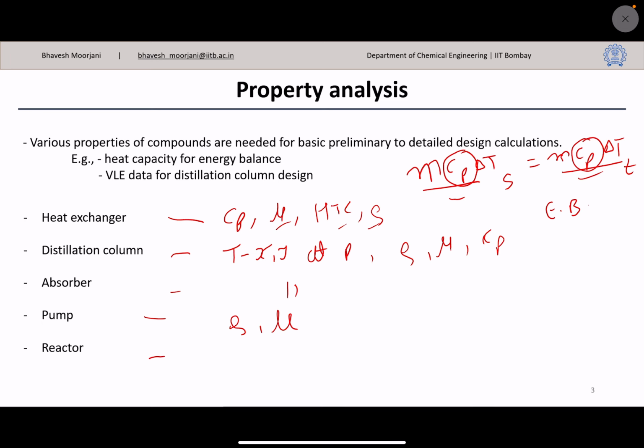In the reactor, if you want to see whether reaction is happening or not, there we are interested more in the thermodynamic property part, such as let's say Gibbs free energy, which will help us to determine the extent of reaction. We just saw the related RStoic and REquil example, right?